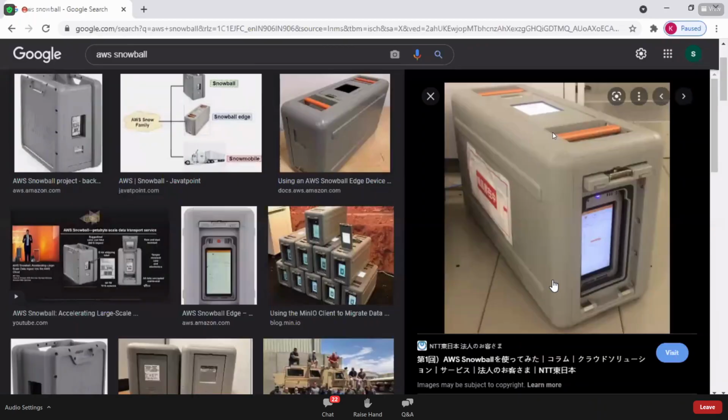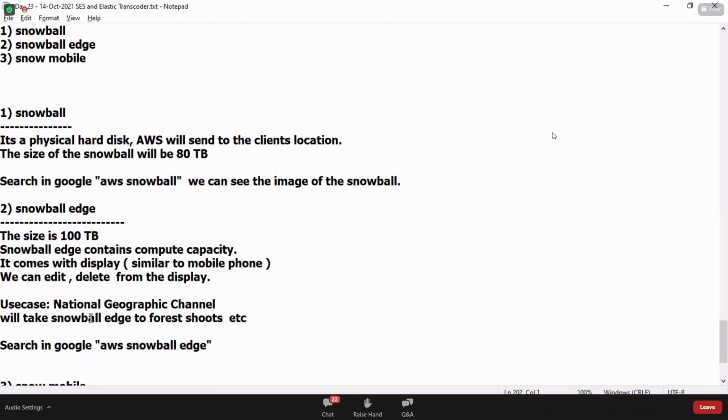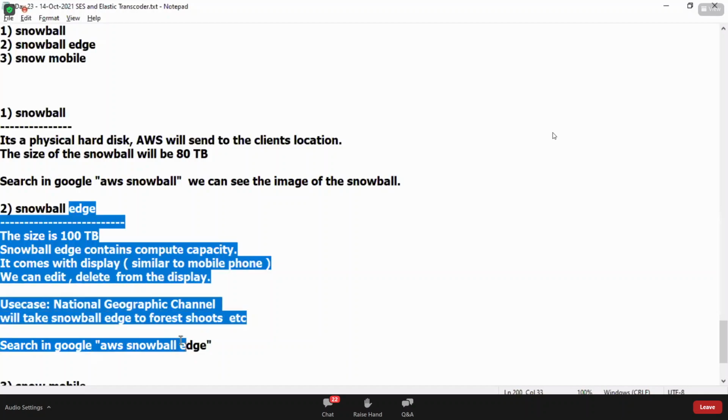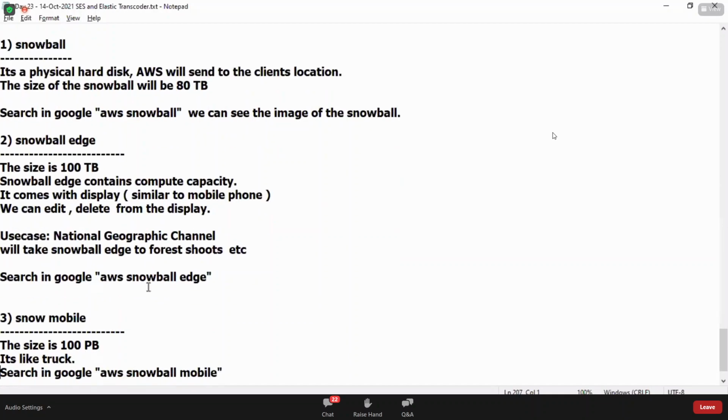So who will use this particular Snowball Edge? Let's say the National Geographic Channel team. They go on tours, isn't it, Rohini, for a period of one month for a forest shoot. Yes. They use high resolution cameras. Once they record the forest shoot, that video should be transferred from the camera to a hard disk, isn't it? In such a case, they use Snowball Edge. They need this much data size because they record in high resolution continuously for one or two days. Correct, sir. For such use cases, Snowball Edge is used.